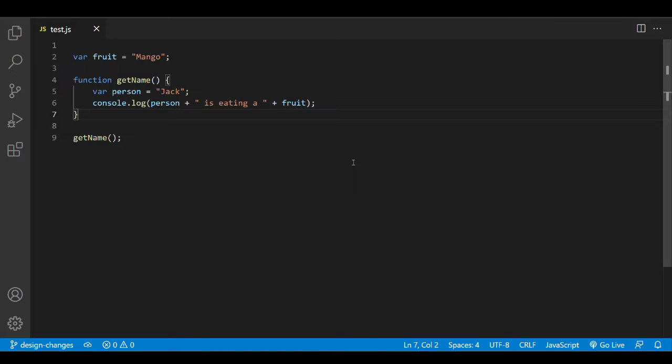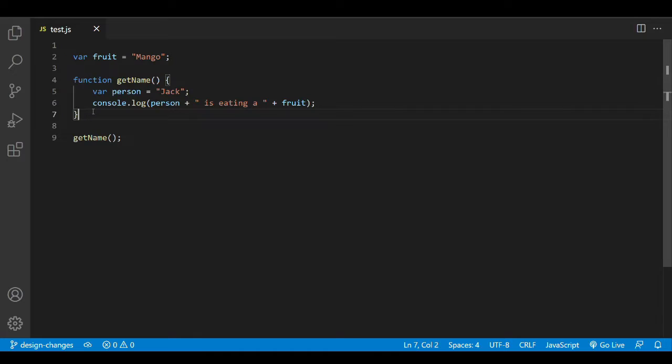When you try to load a JavaScript file in your browser, the browser does not execute the whole file in one go. What it does is, it breaks down the file into more manageable blocks. So for instance, if you look at this file, this function right here can be executed as an independent block.